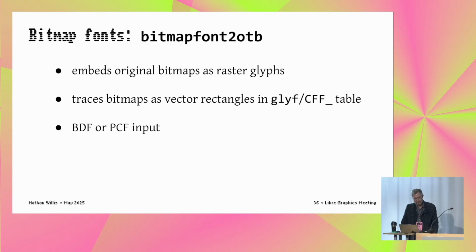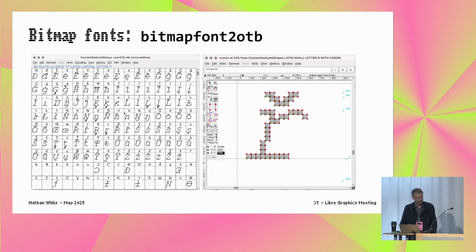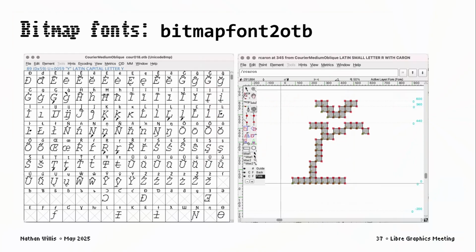And then there's this one, which, as I said, puts the bitmaps into an EBDT table, but it also steps through that grid of pixels for each character and then draws a square contour pixel, either in glyf or in CFF format. And that's what that looks like in FontForge. You can see that's kind of wasteful as far as how many turns you're taking there, making those little squares. But you will see that it's a vector canvas. You have paths that you can work with.